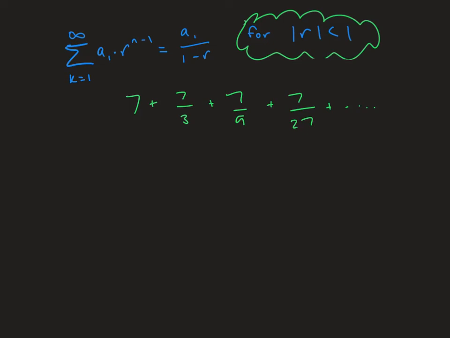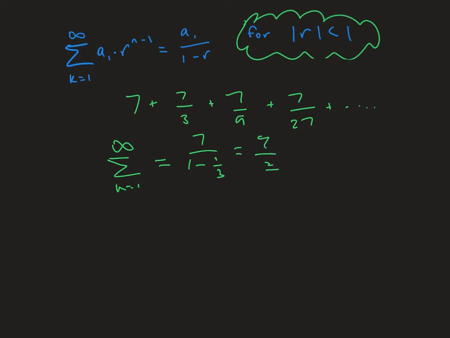So based on our formula, that infinite sum of our series equals a sub 1, which is 7. That means just the first term is what a sub 1 is, divided by 1 minus r, where r is 1/3. So it equals 7